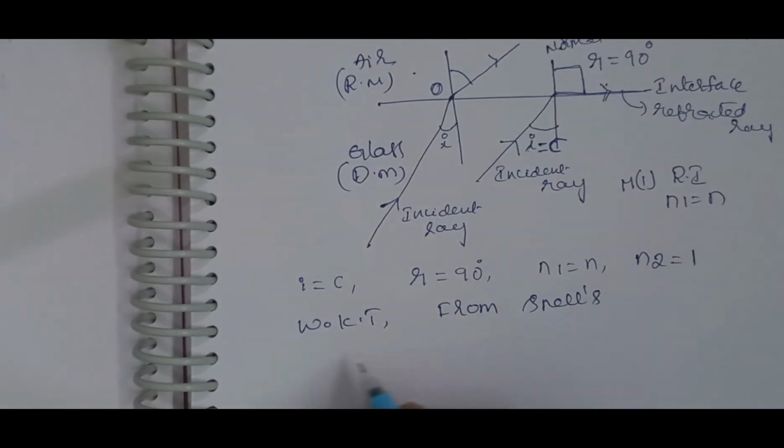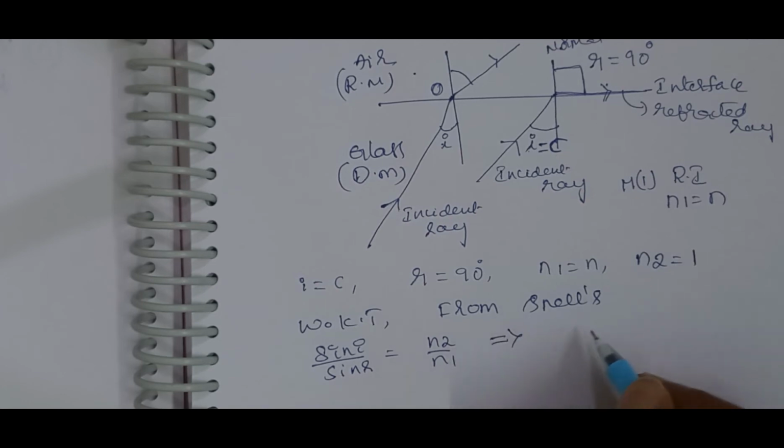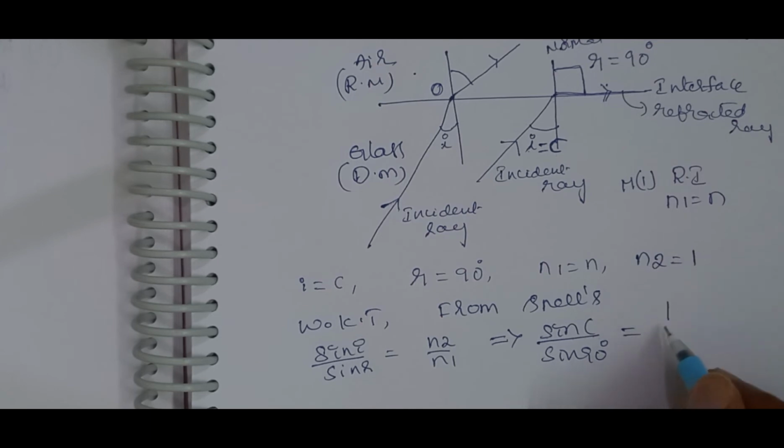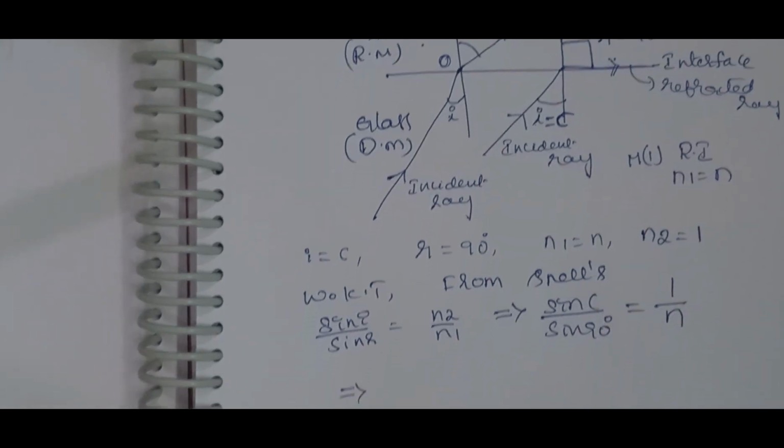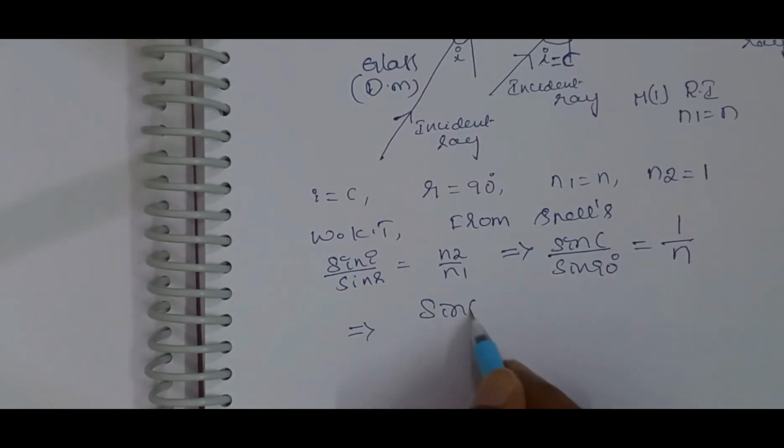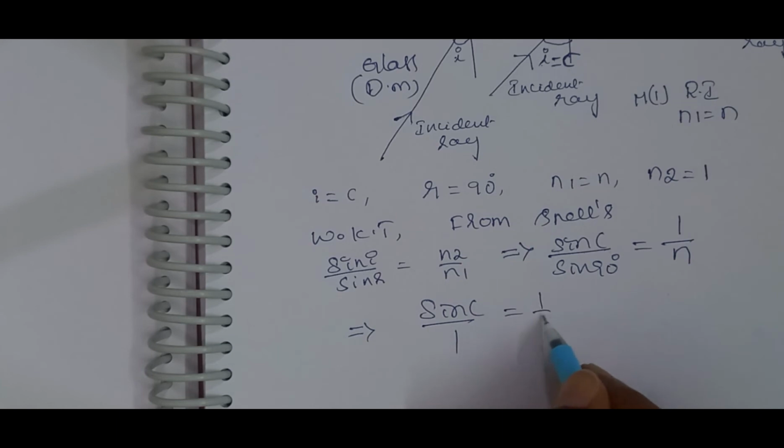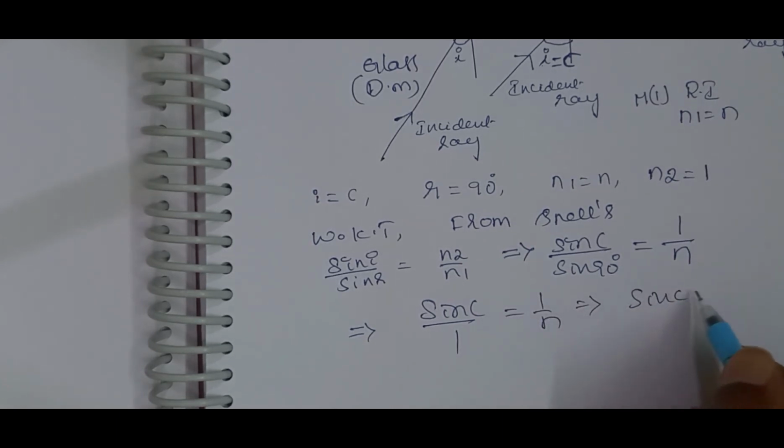So from Snell's law we have a formula: sin I by sin R equals N2 by N1. So this implies, here the angle of incidence is taken as the critical angle, sin C. R is 90 degrees, sin 90, and N2 is taken as 1, N1 is taken as N. So this implies sin 90 degrees, whose value is 1, is 1 by N. So sin C equals 1 by N,